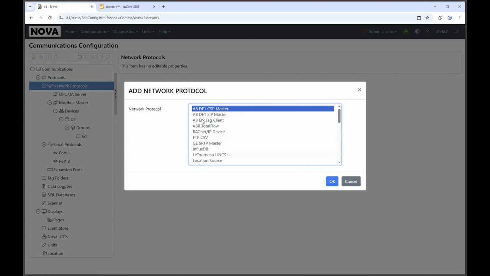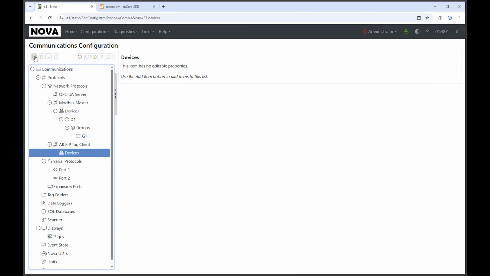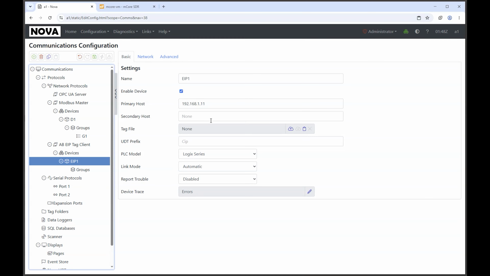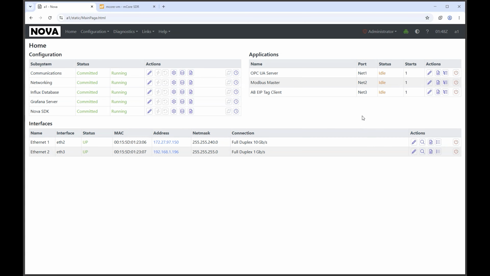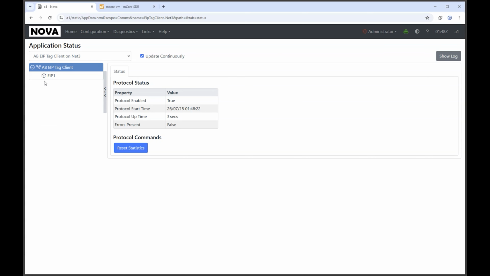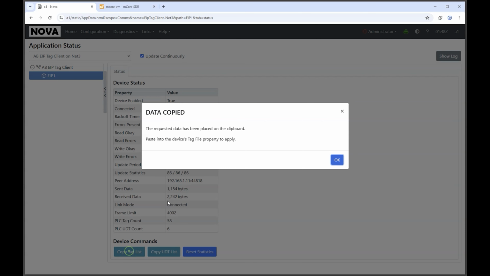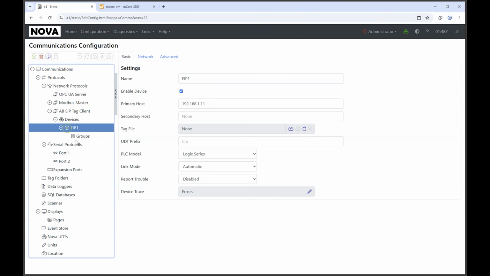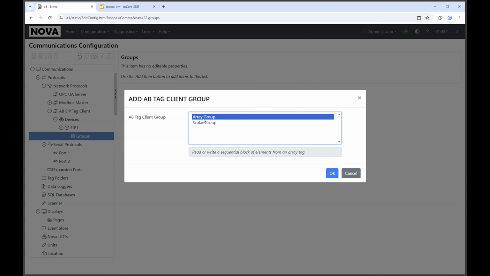We can do a very similar thing, for example, with an Allen Bradley device. So here I've got an Allen Bradley PLC sitting next to me. I know the IP address. I'm going to save and commit this, and then when I go back to my home screen, I'm going to see that it's connected, and I can just use our tag browse here to copy the tag list onto the clipboard, come back to my configuration, paste it in, and now when I add a group here, a scalar group,